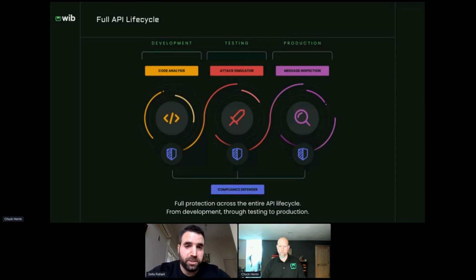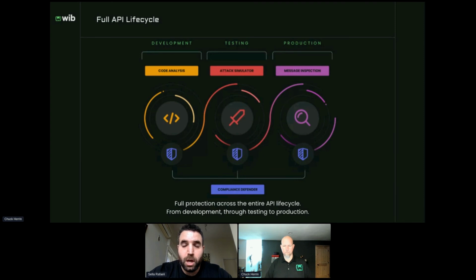You don't know if you've missed something in the code that is deployed outside of your zone of comfort, outside the API gateways you're aware of as a security team, if you don't have a development approach towards code analysis. If you're not testing, running a simulation of an attack, you're just waiting for somebody else to come with an equivalent tool to automatically scan and find vulnerabilities you were not aware of. And if you're not defending in production, then you don't even have a closed door or any type of defense against API level attacks, which can't be blocked by existing technology because they rely on logic-based mistakes in the code rather than signature rule-based fields in the HTTP request that can be blocked by other technology.